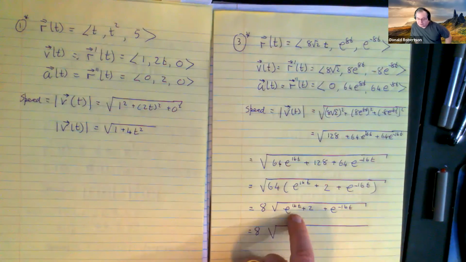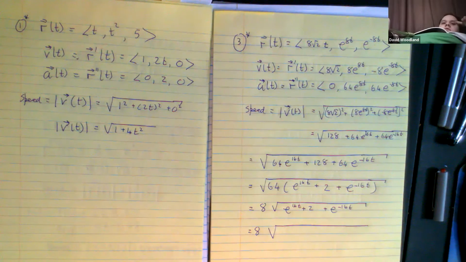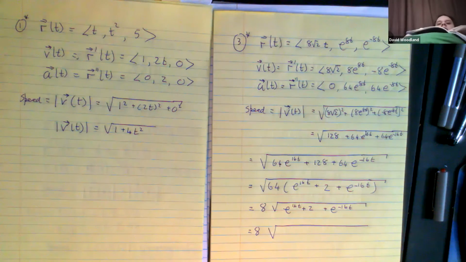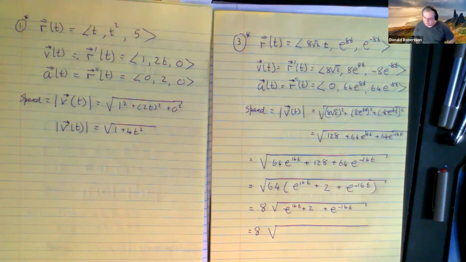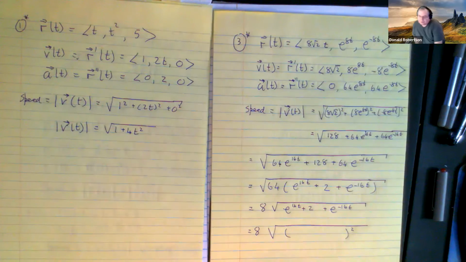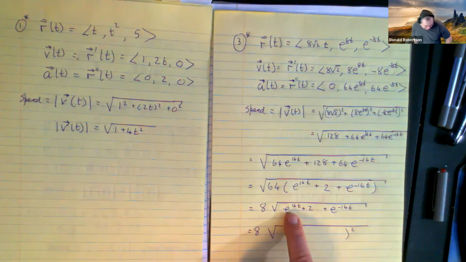But if you see a perfect square, you beat me to it. Exactly, David. I was about to say that when you see a square root with 3 things in it, isn't there a fairly good chance it's going to be a perfect square? And the answer is yes, this one is. So remember arc length when we had square roots, which were quite ugly, but if you got lucky, there was a perfect square inside the square root. So we need to figure out